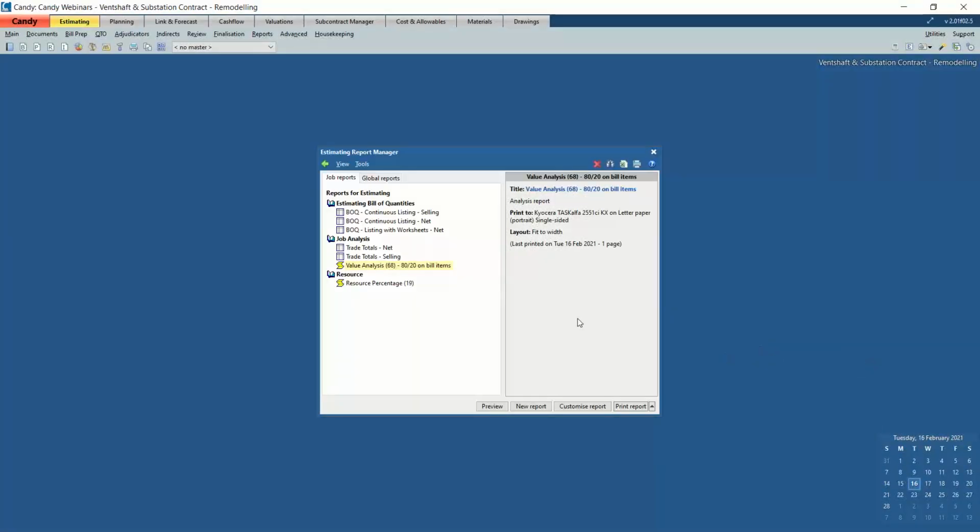The next one, instead of looking at bill items, we can do a similar approach but on resources. So value analysis can be performed on resources to identify which resources contain high value and will be the first resource to focus on at tender and post-tender remodeling stage. So also just to take you through